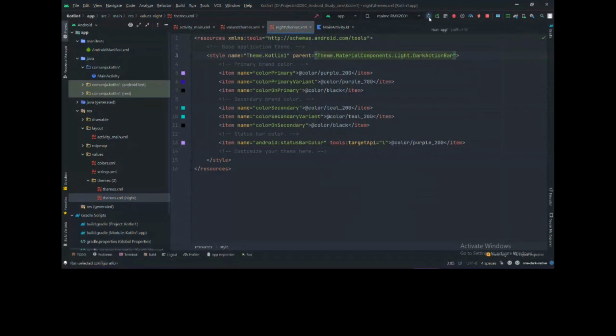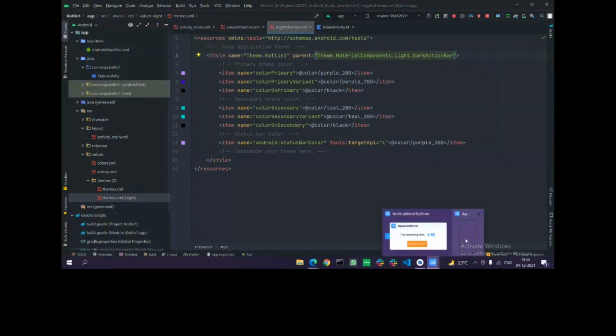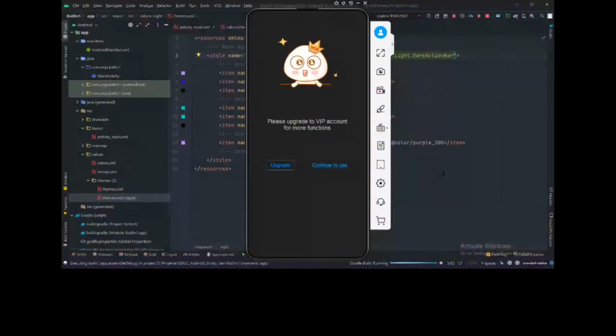Let's run it. See, you have this app bar. I have just disabled it, we don't use this default app bar. We use our own app bars. We create our own app bars, toolbars, whatever we need. I think that answers the question,